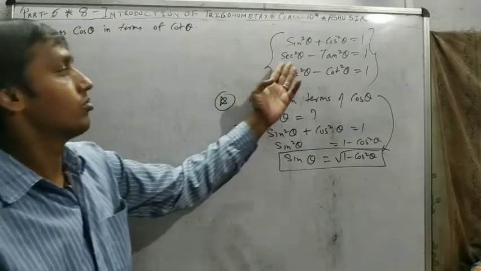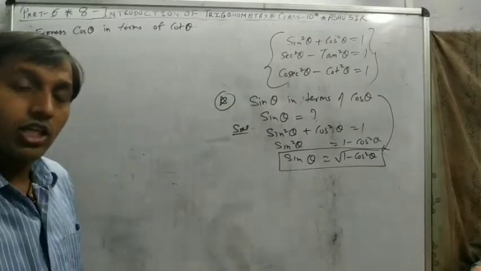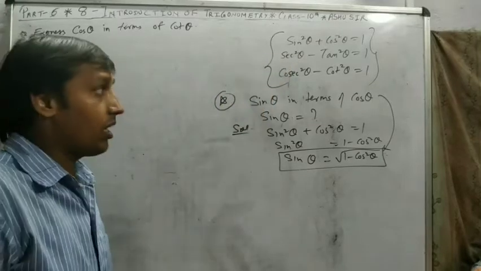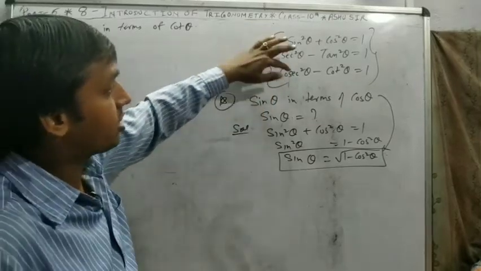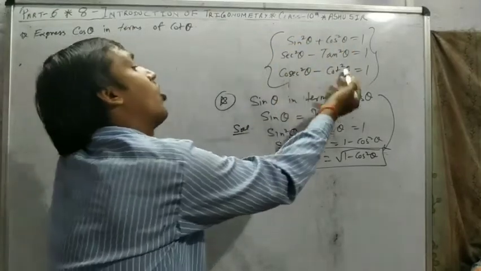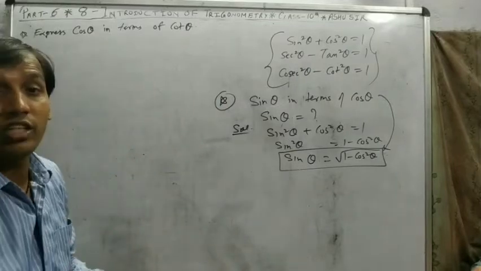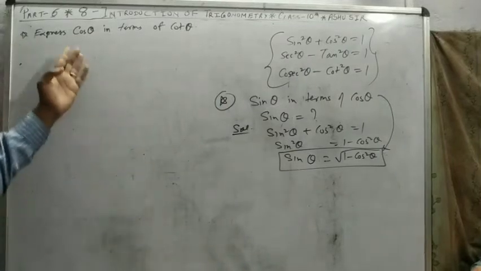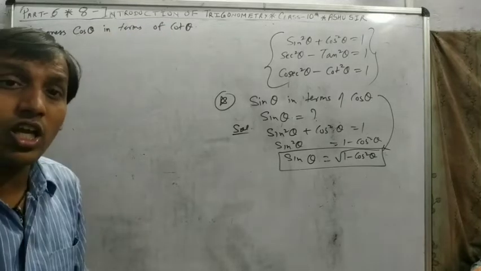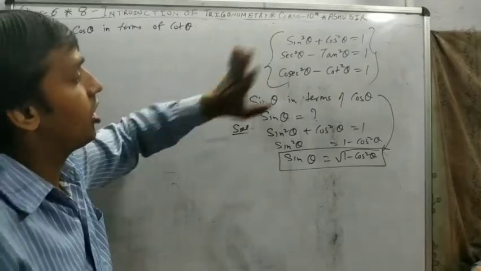Second, tan form: the second identity. Cosec in cot form uses the third identity. Tan in sec form uses the second identity again. For simple questions, only these 6 pairs: sin, cos; sin, sec; tan, sec; cosec, cot. But when the relationships are different, just like cos and cot, don't think sir has taken other identities. No, we only take these 3.